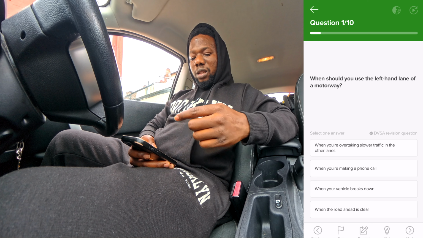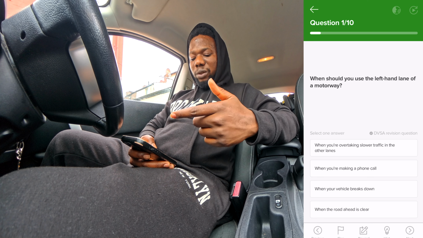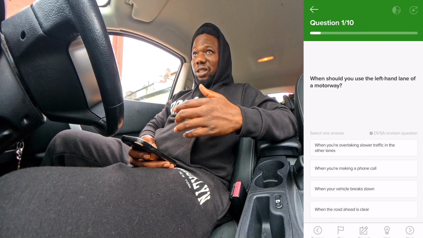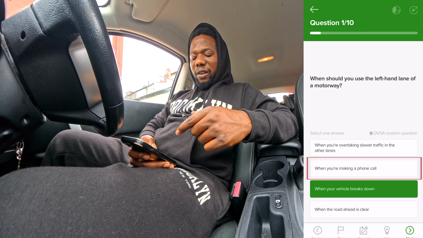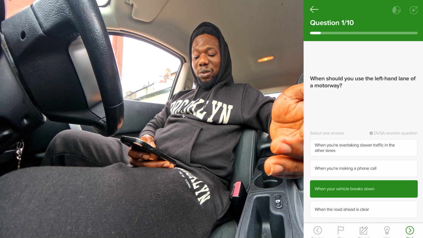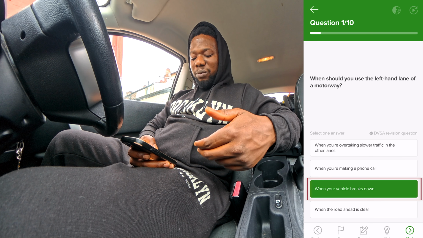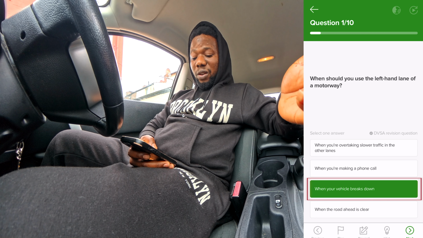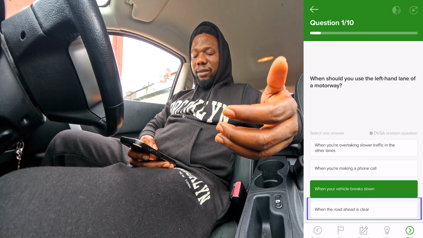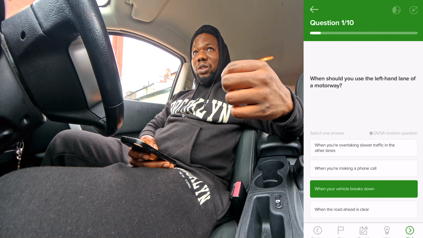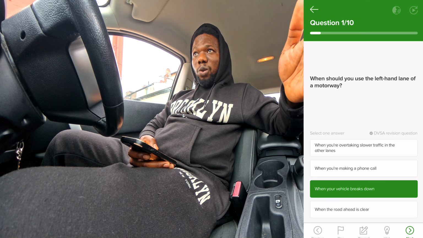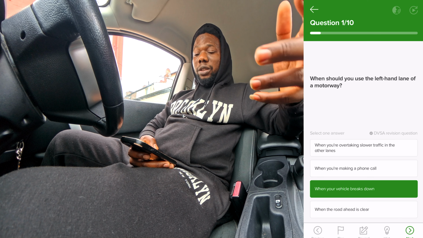So the question says, when should you use the left hand lane of the motorway? When you are overtaking slower traffic in the other lanes, which is definitely wrong. When you are making a phone call, you are not even supposed to use your phone while driving, so that is out of the way. When your vehicle breaks down, wrong, because you are not supposed to park on the left lane even when your vehicle breaks down. When the road ahead is clear and you do not intend to overtake anyone, you just want to be on your own,